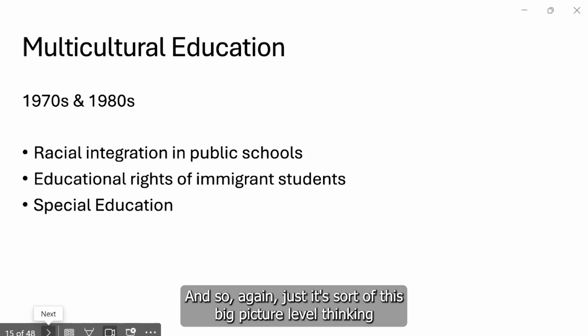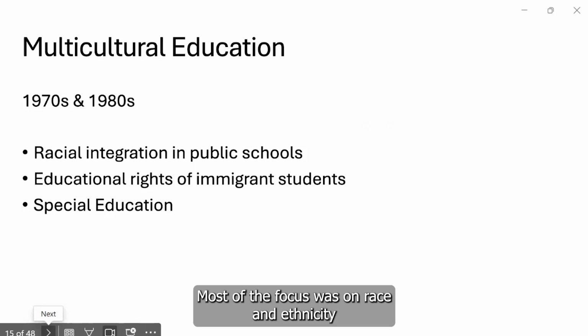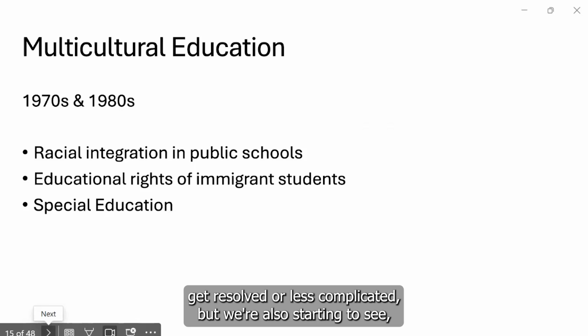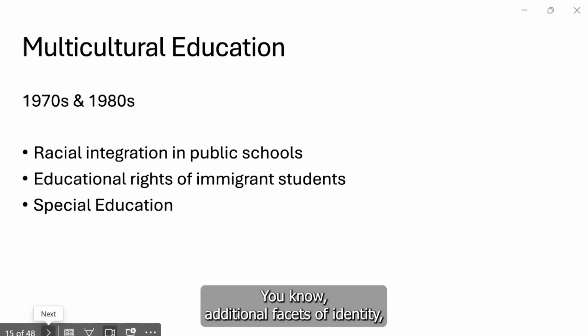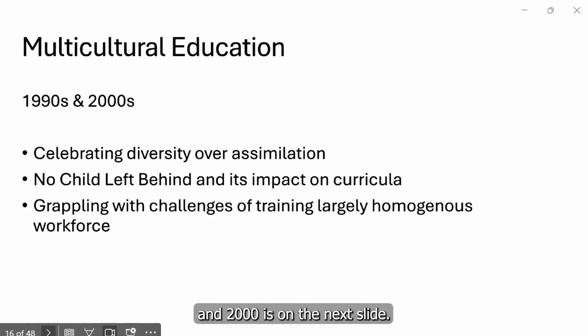And so again, just at this big picture level, thinking about how we moved through time, with the civil rights movement, most of the focus was on race and ethnicity. As we move forward, those issues don't get resolved or less complicated, but we're also starting to see additional facets of identity, like immigration, like needs of disabled students, come into focus. And so then if we move on to the 90s and 2000s on the next slide,